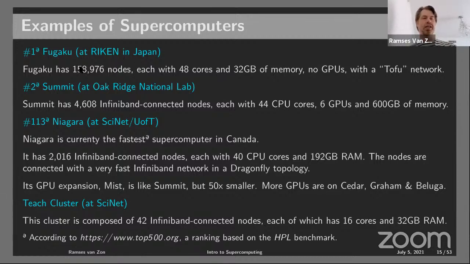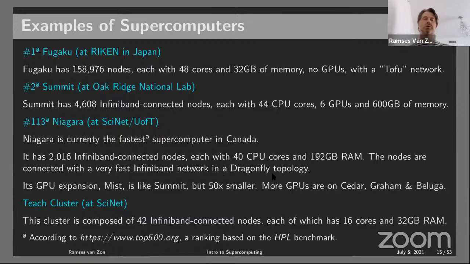So jumping a few steps to number 113 is where Niagara, the supercomputer, is. It used to be at number 53 two years ago when it was just installed. That's how it works, right? Newer systems are faster and jump you off your spot. But it's still the fastest computer in Canada in terms of this HPL score, and it too was actually designed in the same kind of fashion as Fugaku, looking at what people need to run and what kind of architecture can run that the most. And that, again, turned out in this case to be a non-GPU machine.